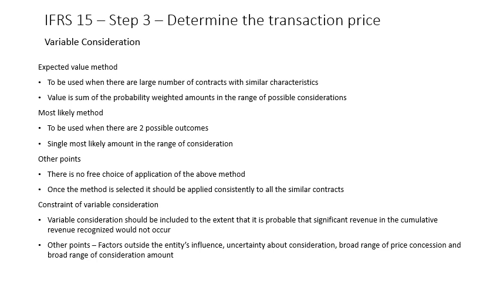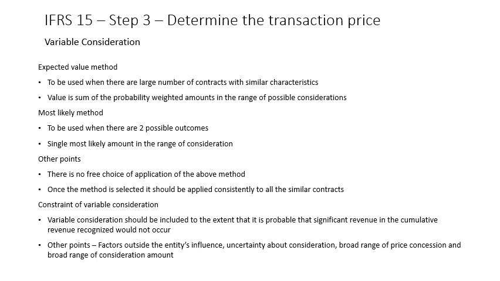Let's discuss another topic, which is constraint of variable consideration. The variable consideration should only be included in the transaction price to the extent that it is highly probable that a significant reversal in the amount of cumulative revenue recognized will not happen. A few of the factors that need to be considered, and which might increase the likelihood or magnitude of revenue reversal, are as follows: